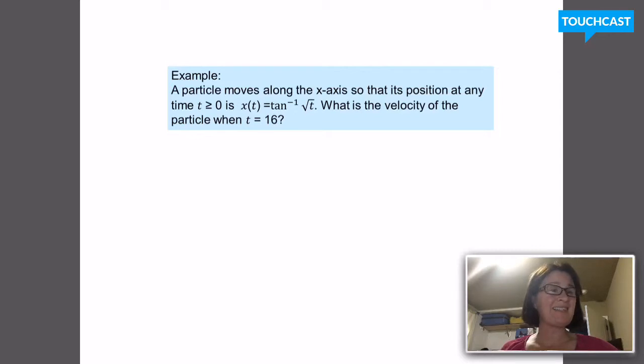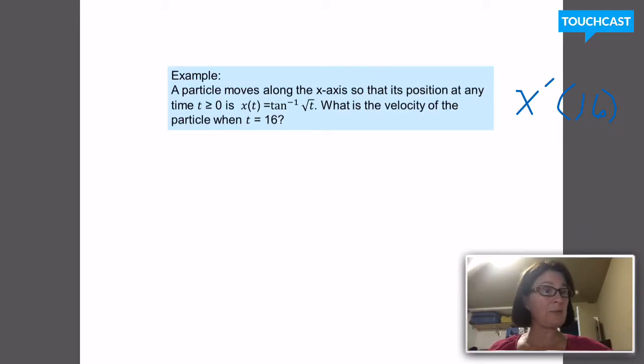So the velocity is going to be the derivative of position. Position here has been given with the function named x. Essentially what I'm looking for is x prime of 16. So don't try to tell me x prime of 16 until you can give me a formula for x prime of t. So x prime of t, the velocity,